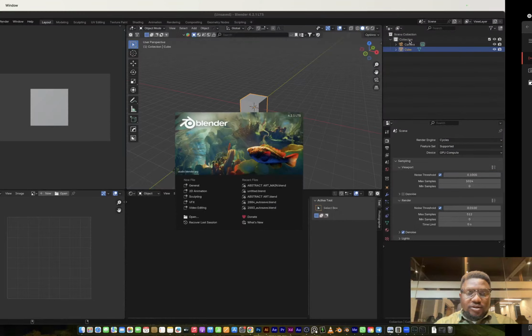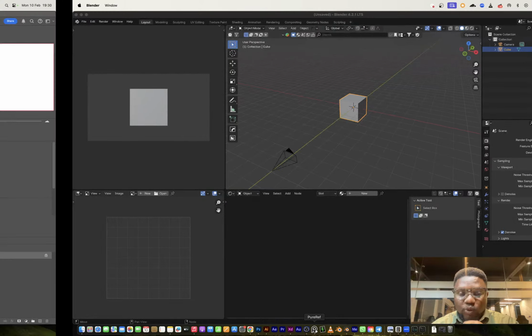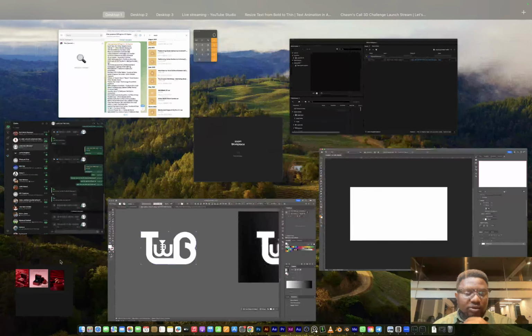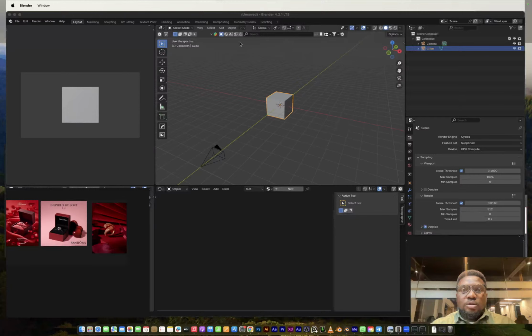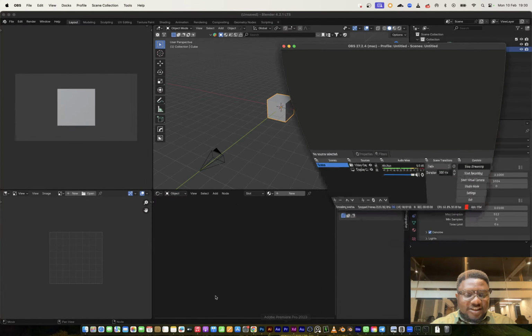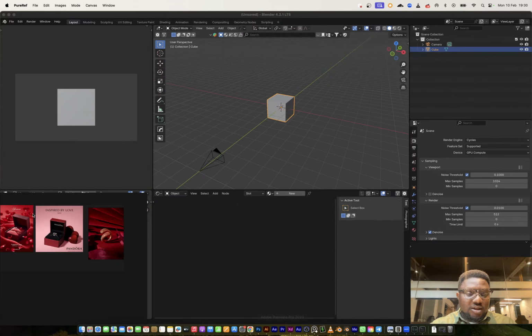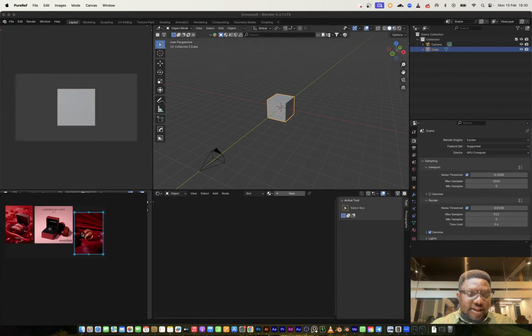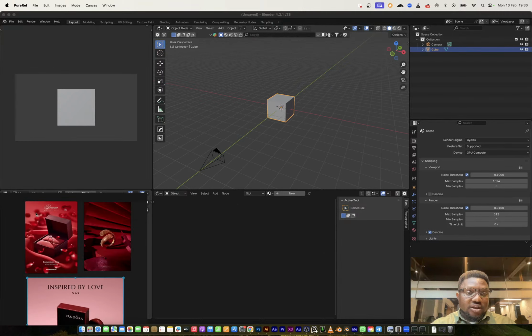Alright, so we're cool. I have this client project I want to work on, something that has to do with jewelry. I'll move this to my Blender window right here. I have some references like we usually do. Never work in Blender without references. That's a strong rule of thumb everyone should hold near and dear to their heart. These are some shots that I'm trying to create. If you follow the channel, you see that I do some jewelry work.